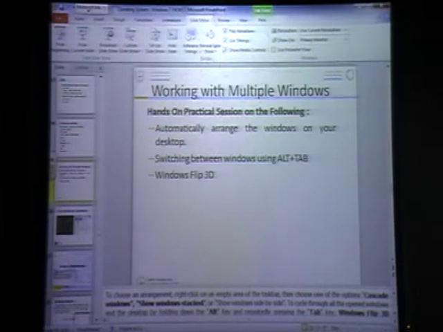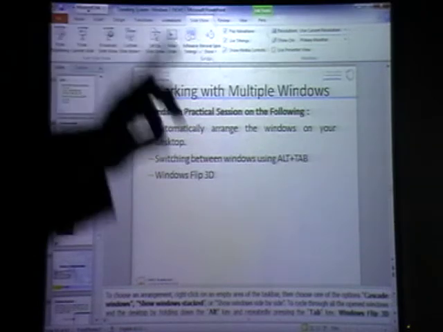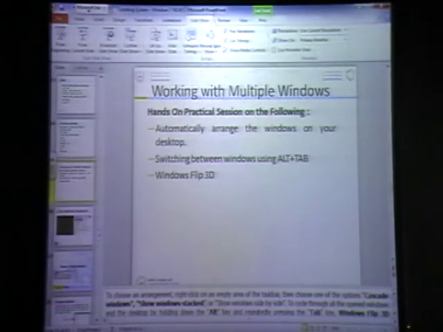Yeah, look here. Press Alt and Tab key together. Where's the Tab? This one.